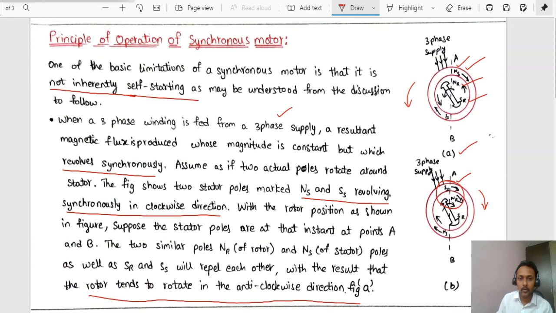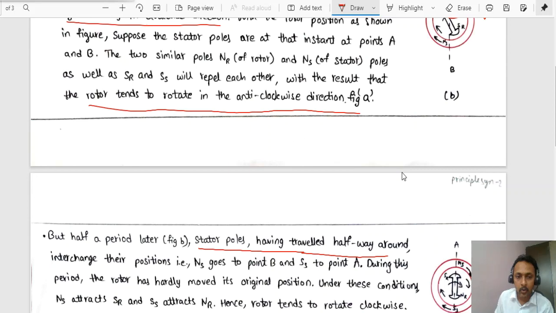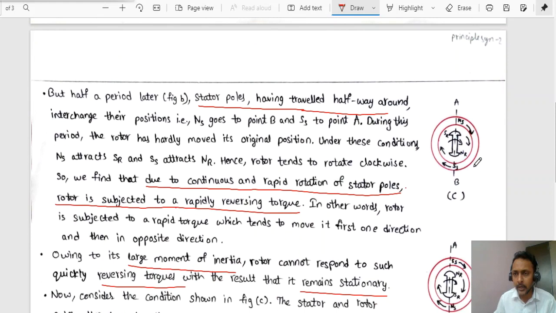So what we have to do is, through some external means, make the rotor also rotate at the synchronous speed. If we are able to do that, then obviously at each and every time there will be production of unidirectional torque. Now see here, again the stator has changed its position,